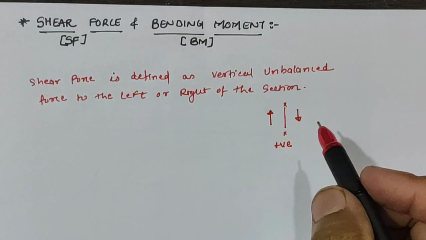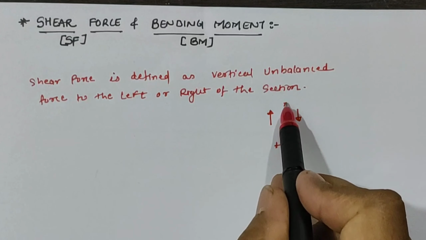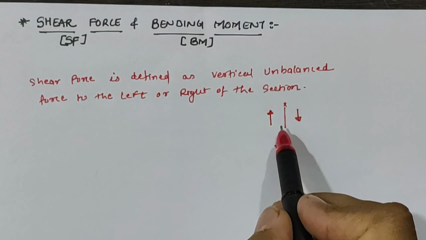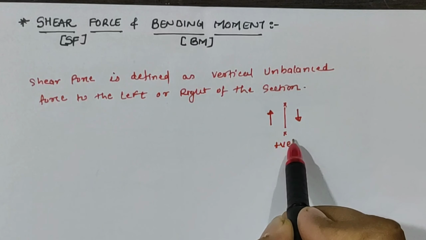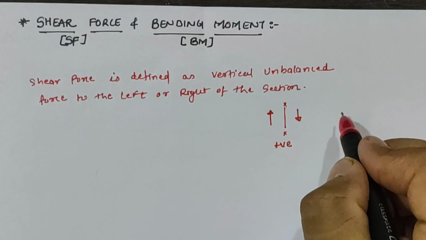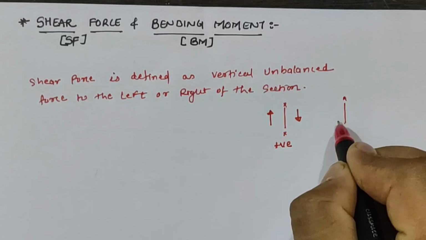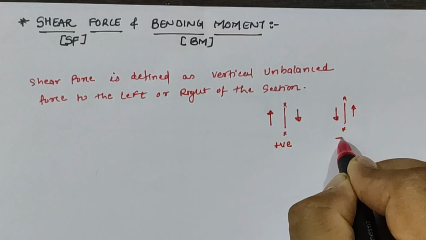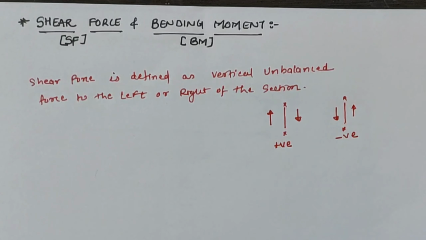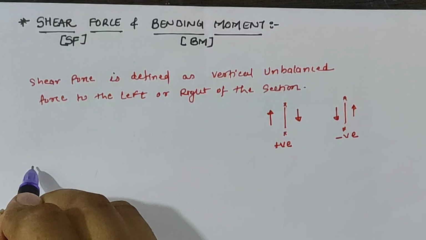So for the calculation purpose we are going to take the location as a section, as well as the left hand side upward force and right hand side downward force as a positive, and vice versa, means if the left hand side force is downward and right hand side force is upward, then it is treated as the negative shear force. So for the calculation of shear force we have to calculate total unbalanced force at left or right of the section. Similarly for the bending moment,